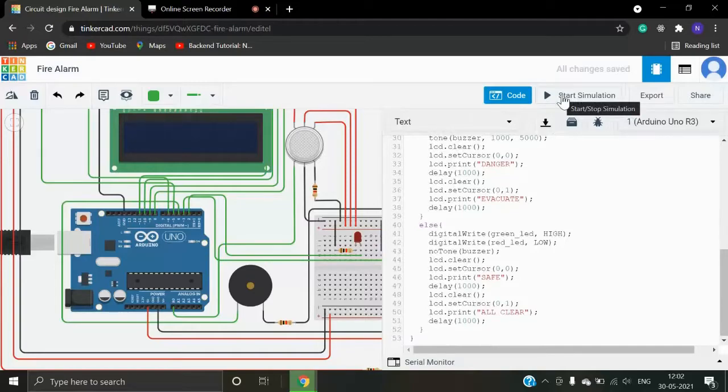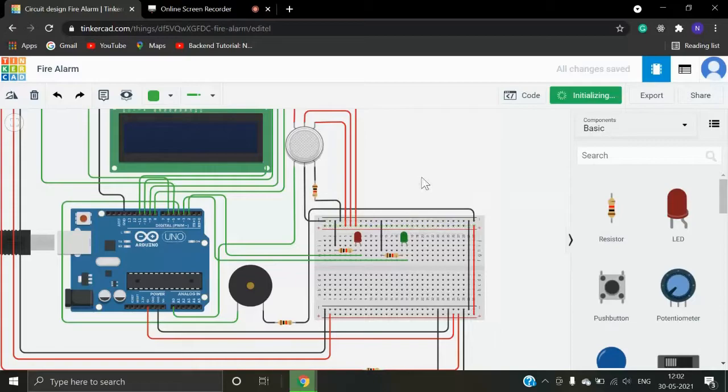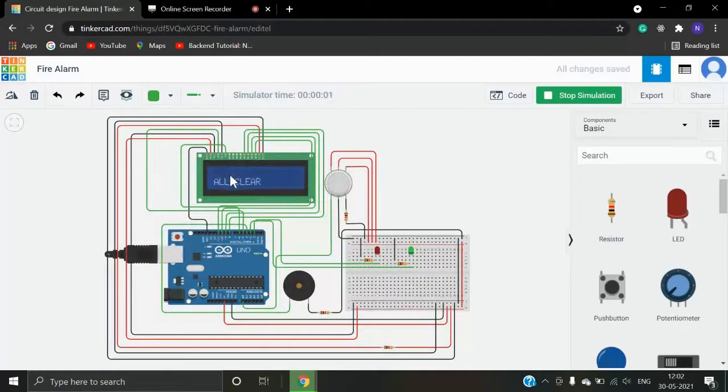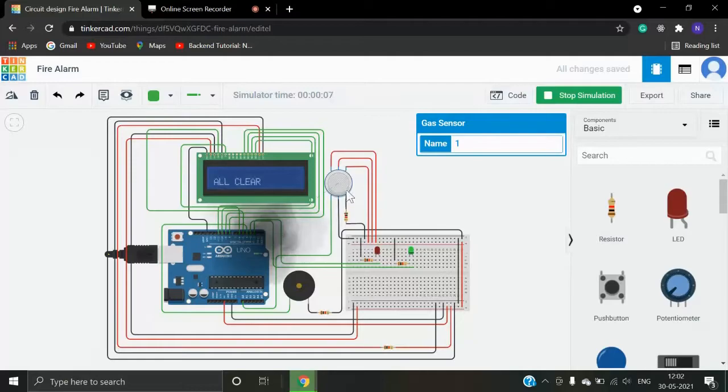Now we are going to start the simulation. And as you can see that the message safe and all clear are being printed on this LCD. Now we are going to generate the test smoke by clicking on the smoke sensor. And as you can see, as I take this test smoke closer to the smoke sensor,